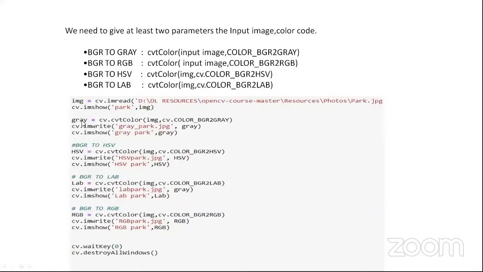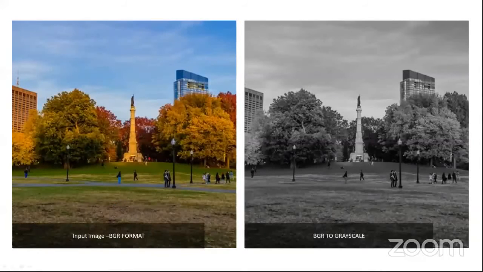Now I convert it to gray with cv.cvtColor, giving the image which I have read and the flag. Here I use the imwrite function to save the image in my working directory, and the imshow function to output the image. Here I've converted it to HSV format and RGB format. This is BGR format.